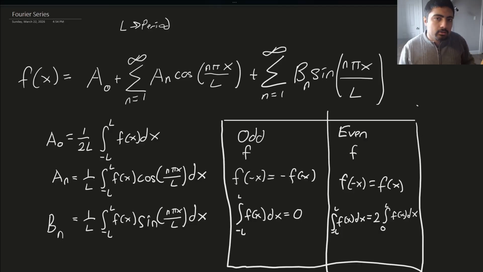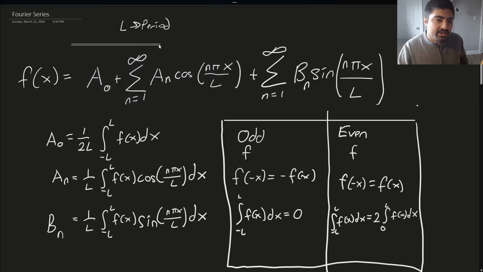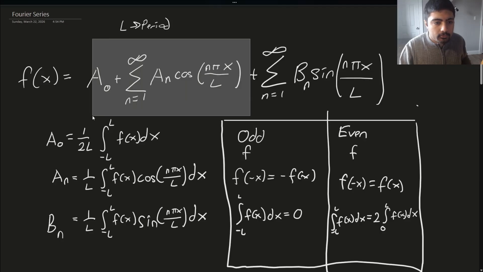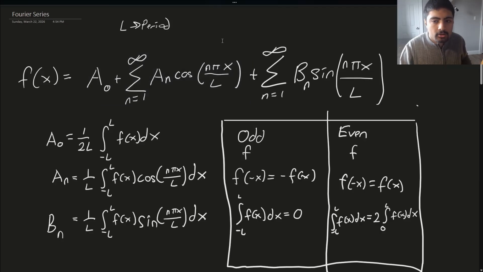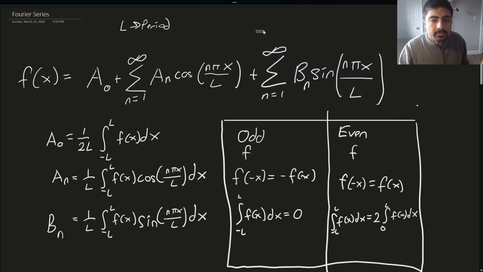Now, these coefficients are our Fourier coefficients. If you see something like the Fourier cosine series, we will only have the a terms, and for the Fourier sine series we would have only the b sub n term. So this is a very important note, and the reason is because here's the thing: we have a symmetric interval